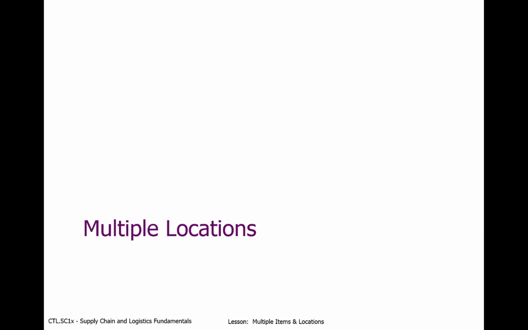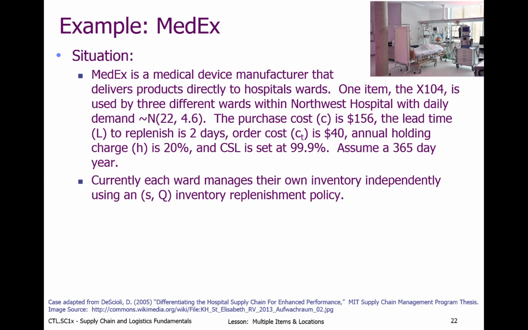So now let's talk about the implications of holding inventory in multiple locations versus a single location. And we're going to do this through an example. This is the Med-X case, and it's based off of a thesis that was done up here at MIT in 2005. So Med-X is a medical device manufacturer, and they deliver products directly to hospital wards, a pretty common practice